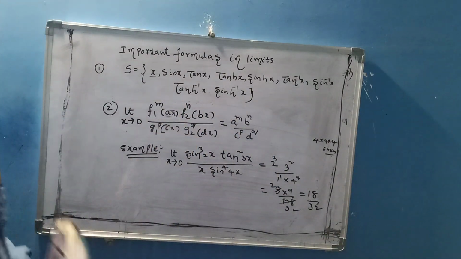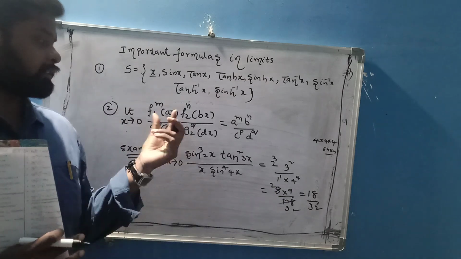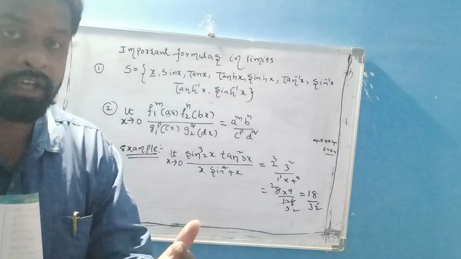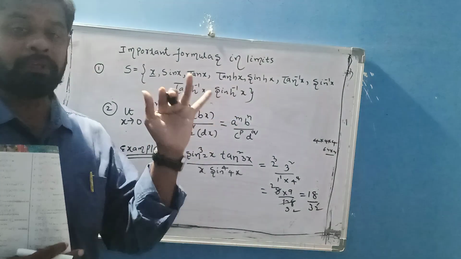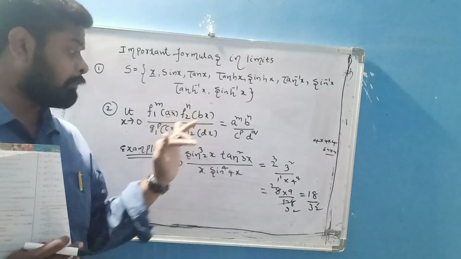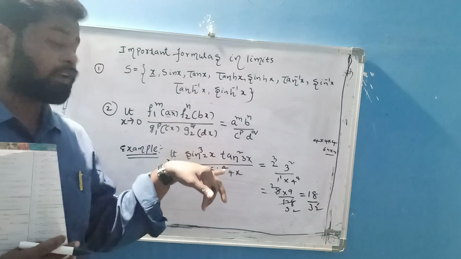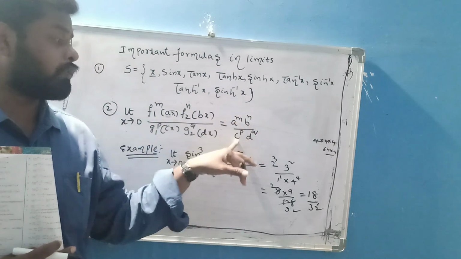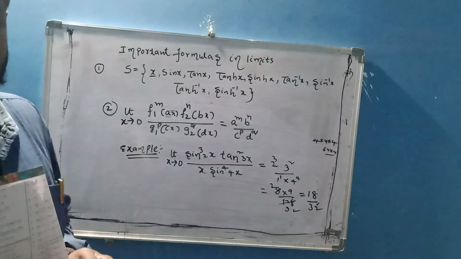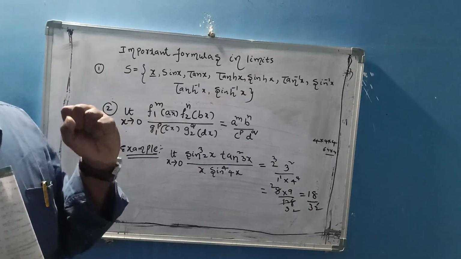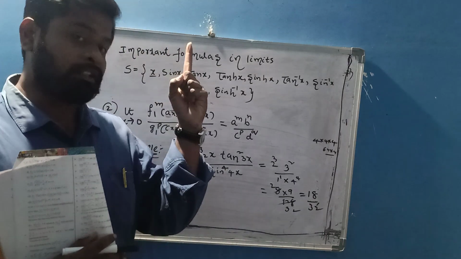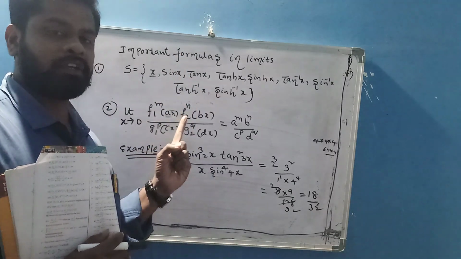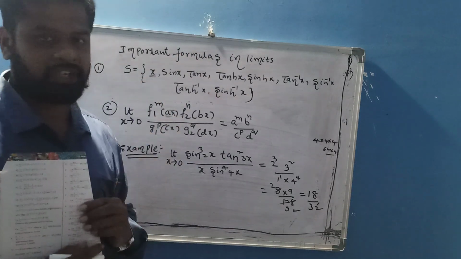This is one example like this. Understand? In the first formula, addition and subtraction is there, that is a plus b by c plus d. But here only multiplication of two functions, and powers are also included: a power m b power n by c power p into d power q. Like this, remember. And to remember: in the first formula sin c is there, but here only multiplication. Like that, maintain the difference. Okay.